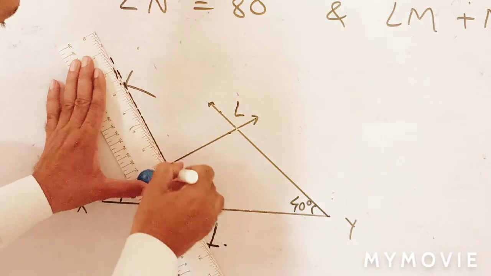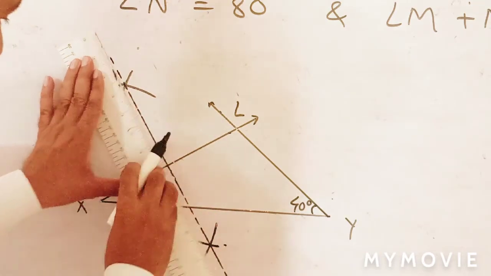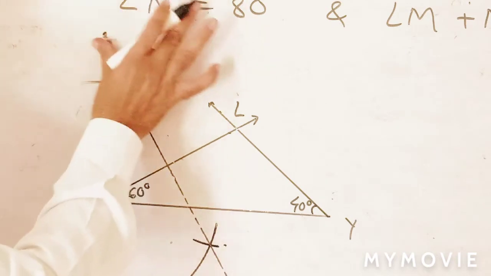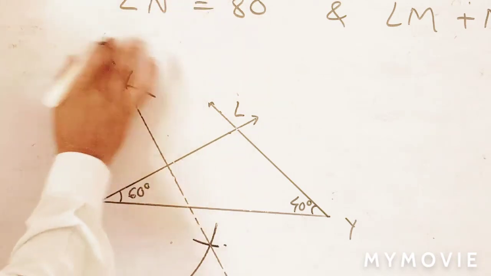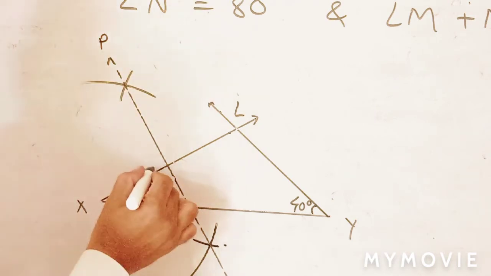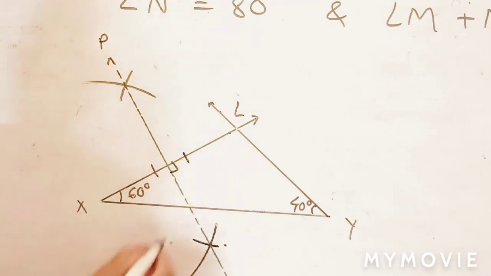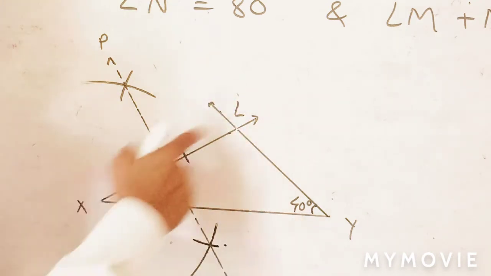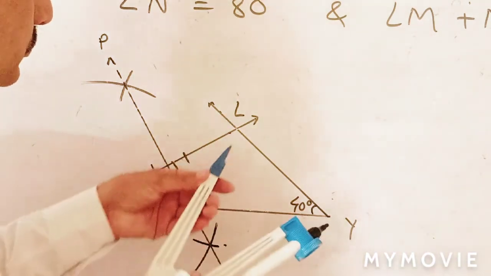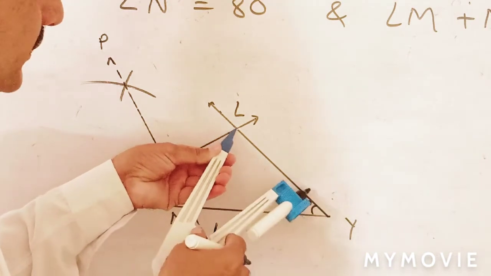Draw a line. This is perpendicular bisector. Line L we can give here. L don't give, already L is there. Another any name we can give. P I write here. Identical mark here, perpendicular sign. And this is the intersection of perpendicular bisector and LX. Here which point will be here? M point will come. Now again draw perpendicular bisector of LY also by similar way, by taking more than half distance.